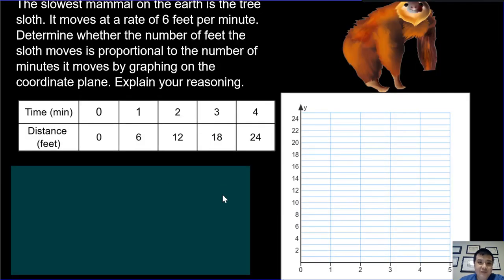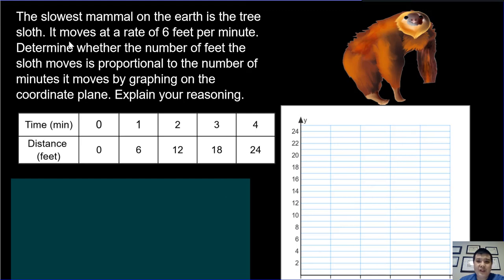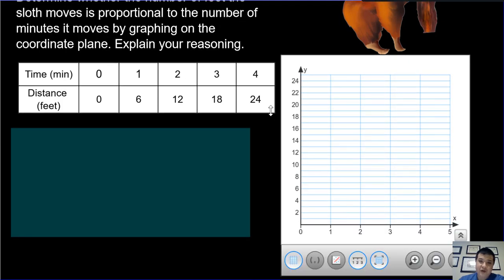Let's take a look at the next one. The slowest mammal on the earth is a tree sloth. It moves at a rate of 6 feet per minute. Determine whether the number of feet the sloth moves is proportional to the number of minutes it moves by graphing on the coordinate plane. Explain your reasoning. So we're going to graph these points that are given right here. Again, time is almost always our x, because we control how long we do something, and distance depends on how long we're doing it. So we have 0, 0, 1, 6, 2, 12, 3, 18,